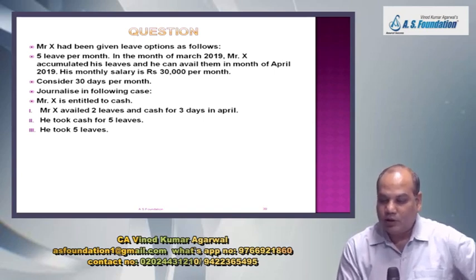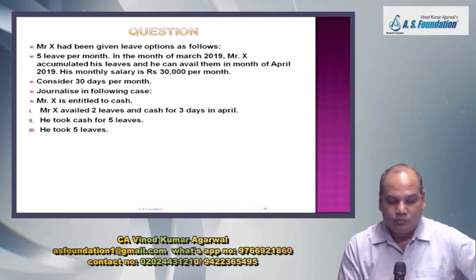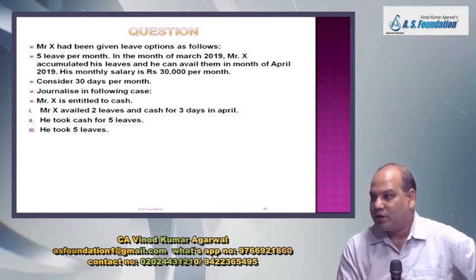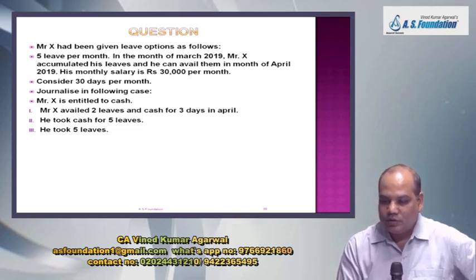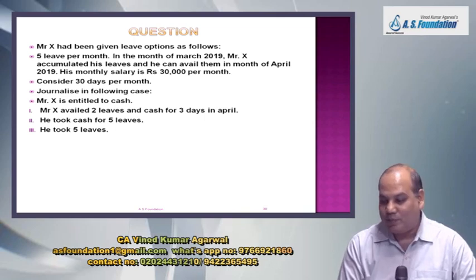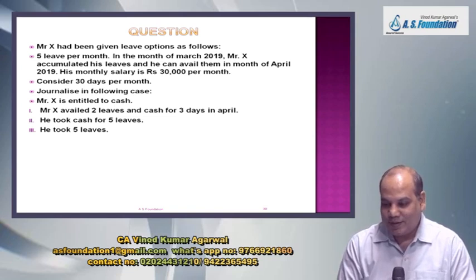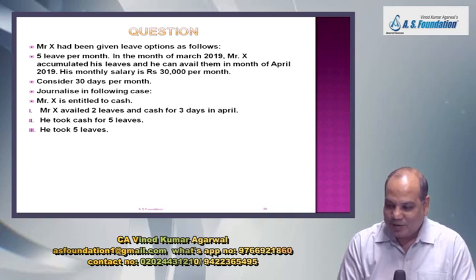Mr. X had been given leave options as follows: 5 days leave per month, and then Saturday, Sunday separate. So when will he work? 5 leaves per month. In the month of March 2019,